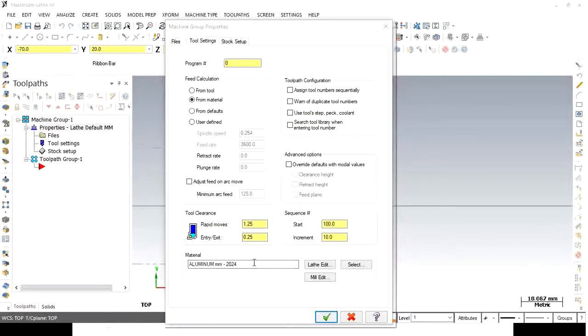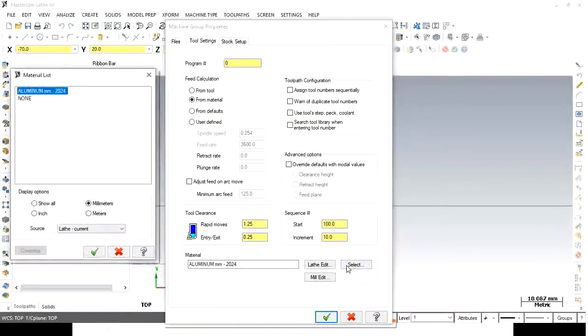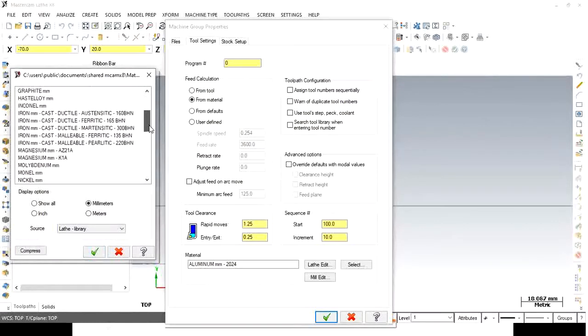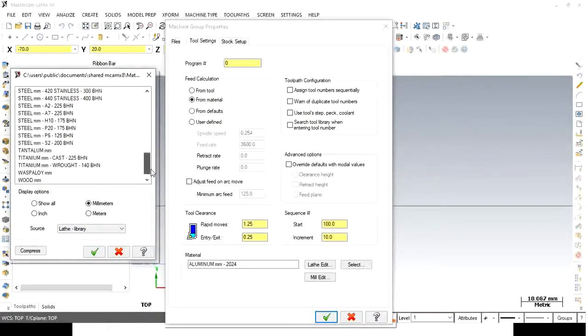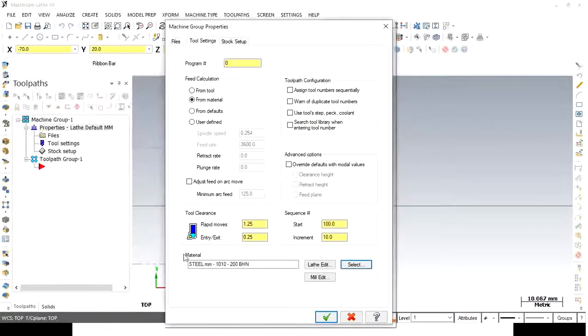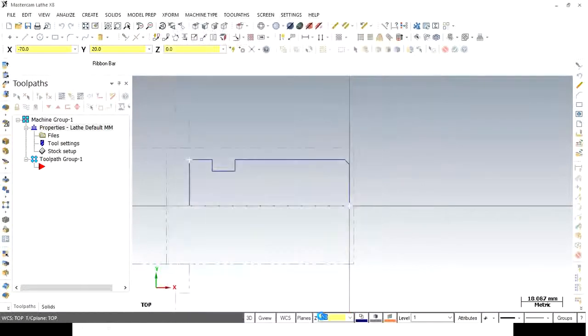So click on this select icon. This new window will appear. Now from source, select the lathe library. There are different materials available in the library. You can select as per the given drawing. So let's consider it is a steel material. So select this steel, click on OK. It will be reflected here and then click the OK icon again.